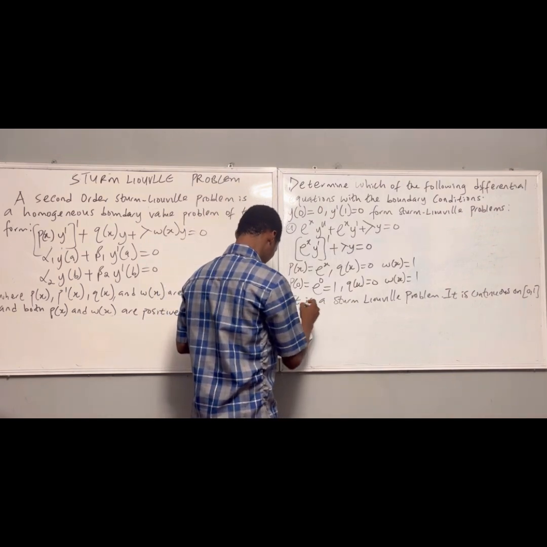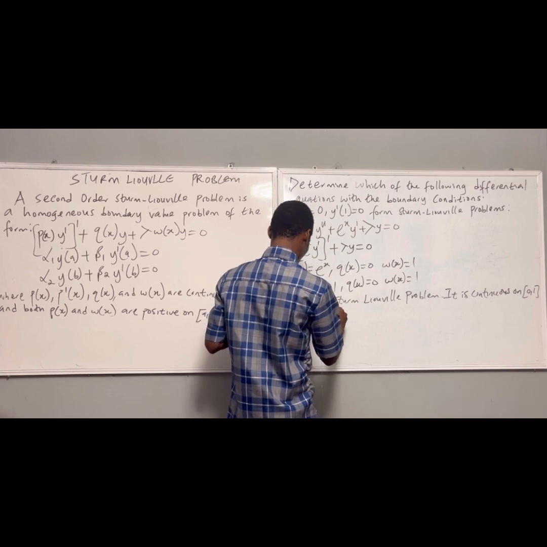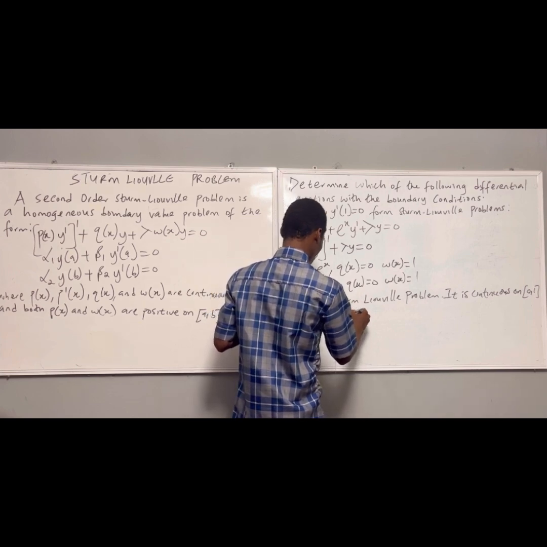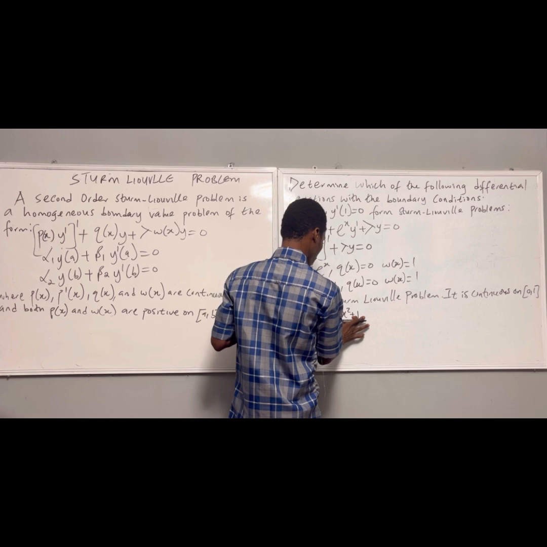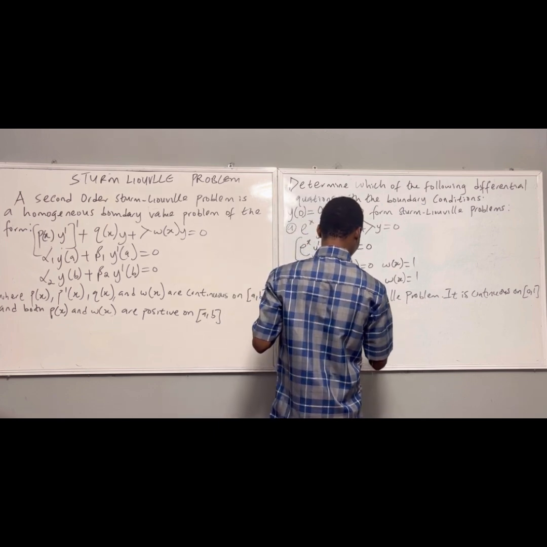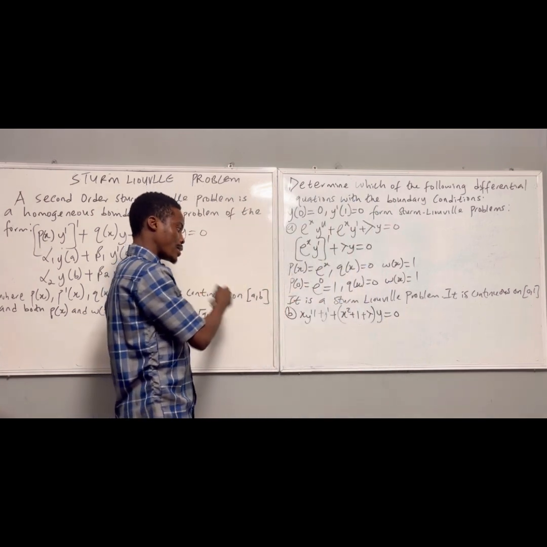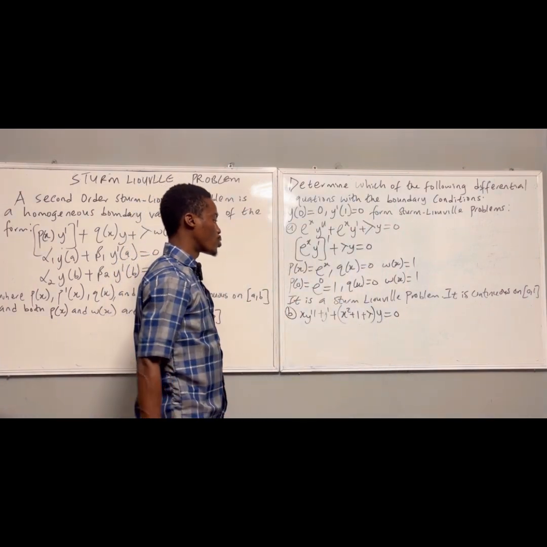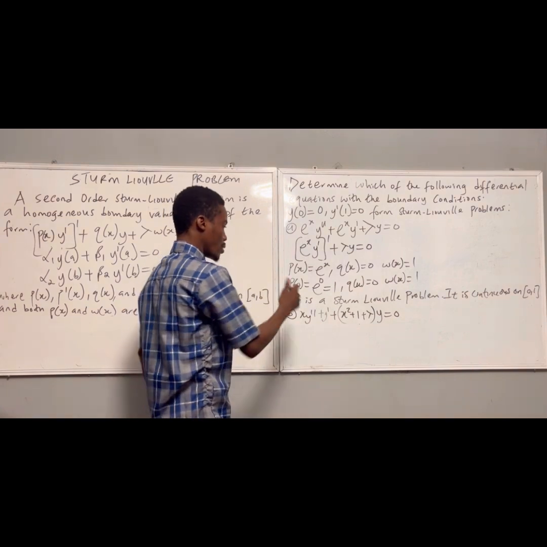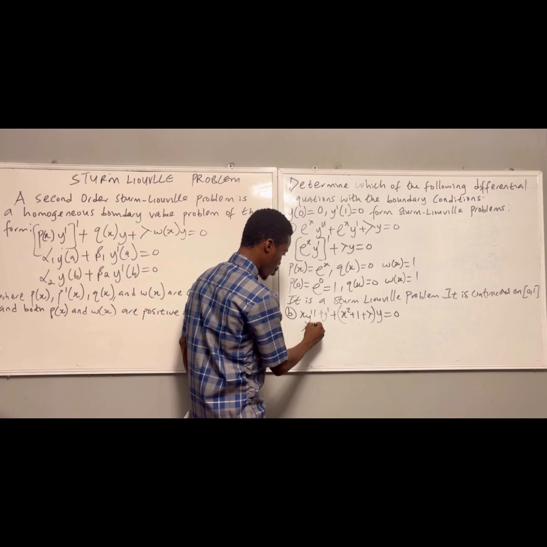s y double prime plus (s squared plus 1) y plus lambda y is equal to 0. Is this a Sturm-Liouville problem or not? So let us consider this question. So I can write this one as,